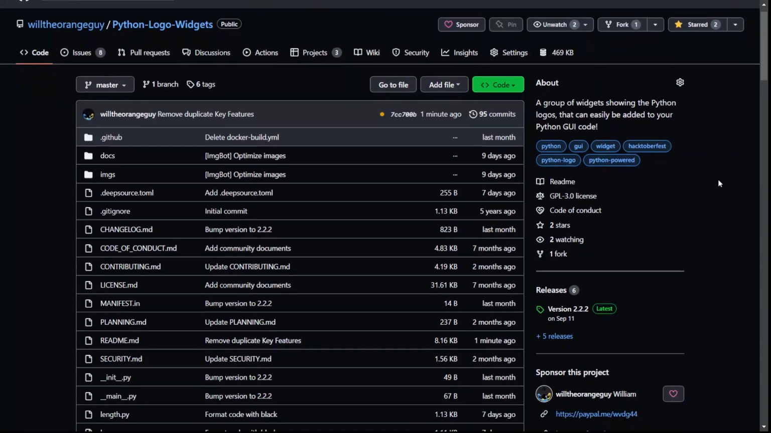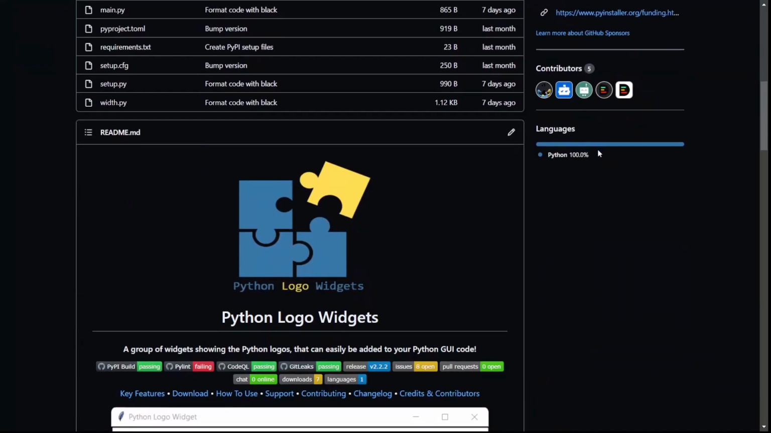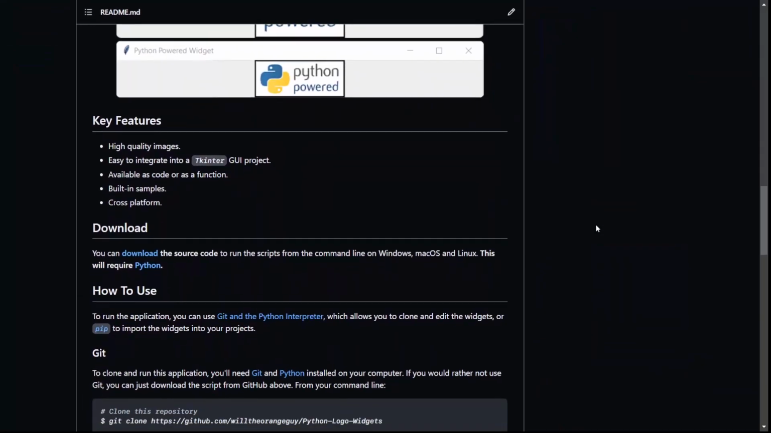It is a group of widgets showing the Python logos that can be easily added to your Python GUI code. As we scroll down the page here, we can see that it's built out with 100% Python. Onto the README, we can see our key features, such as the fact that it includes high-quality images, it's easy to integrate into a Tkinter GUI project, available as code or as an imported function, has built-in samples, and is